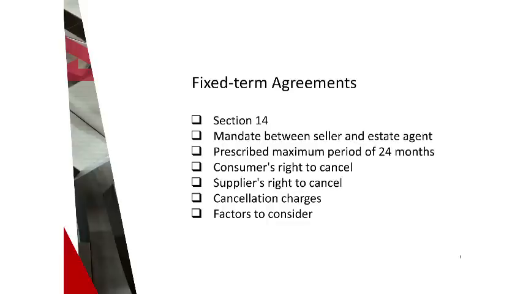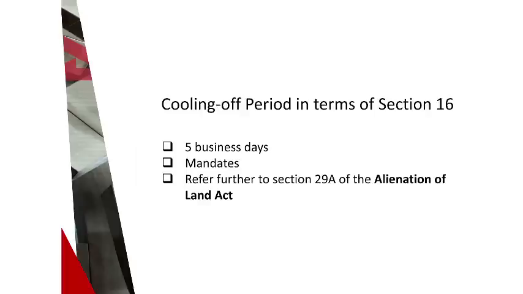So you cannot pick up the phone and say, hey, are you looking to sell your house during these times? So if you don't have the consent of that person, you may not market to him on Sundays, public holidays, or Saturdays, other than between 9 o'clock in the morning and 1 o'clock in the afternoon. And any other days, you may not market to that person after 8 o'clock in the evening until 8 o'clock the following morning. Okay, it's just something to bear in mind.